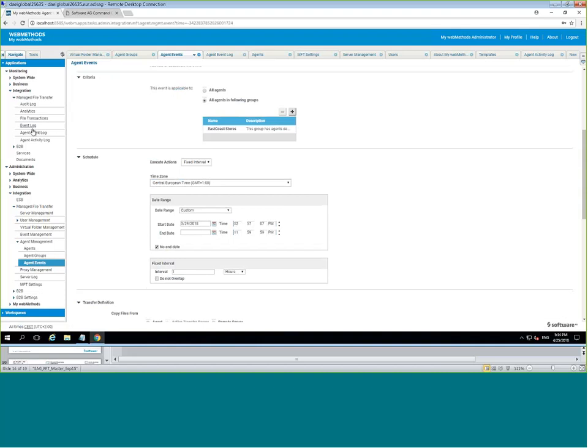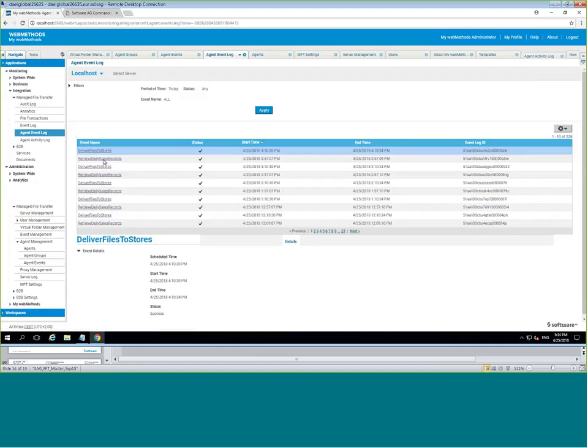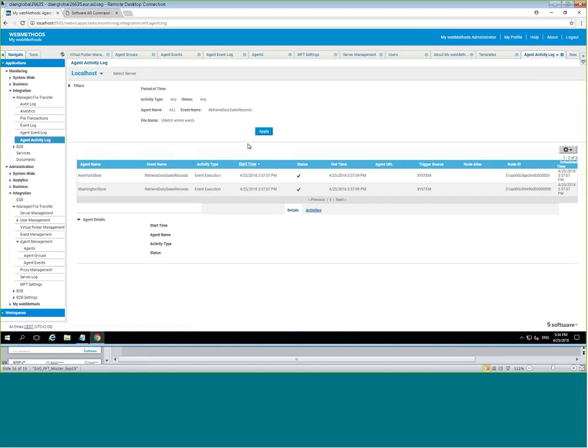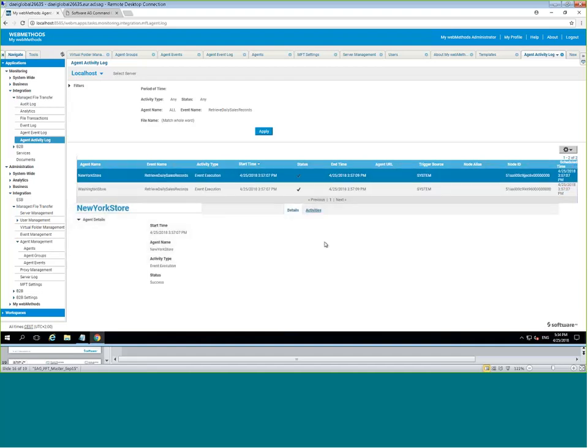So let's go look at the event log for this scenario. So in this case, we're looking at the retrieve file scenario. This retrieve file scenario was also performed for both the stores, New York store and Washington store. So let me click on the New York store.